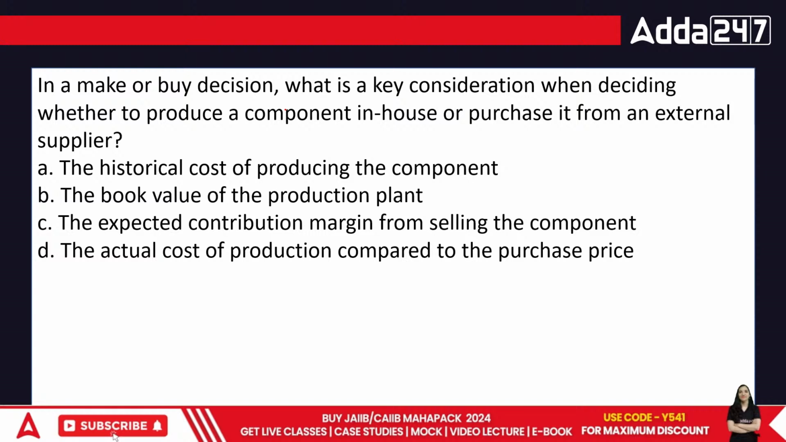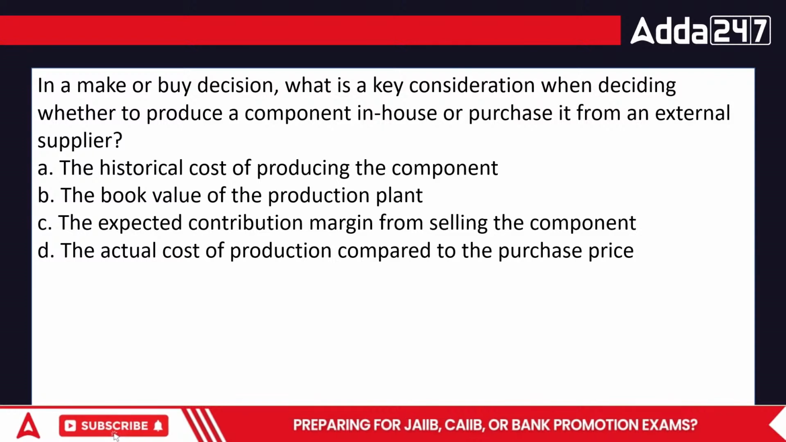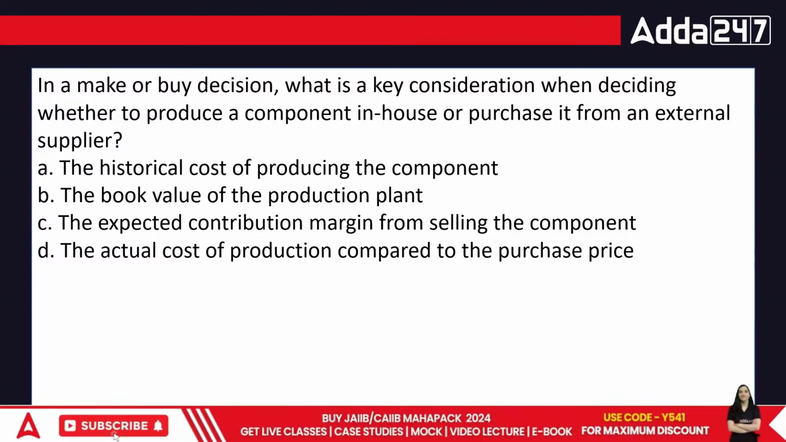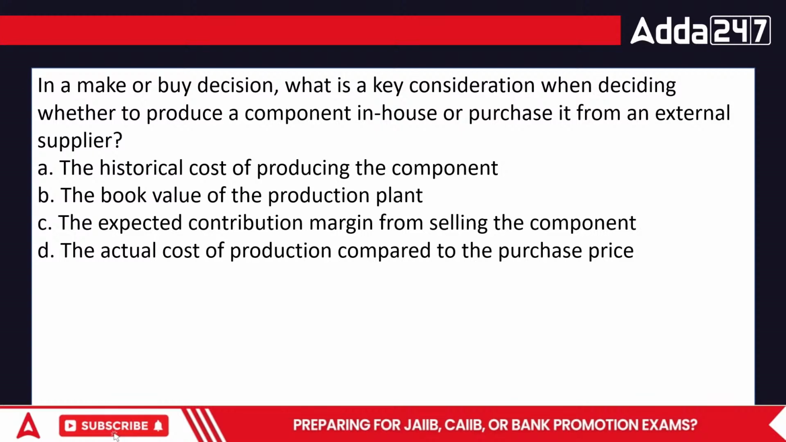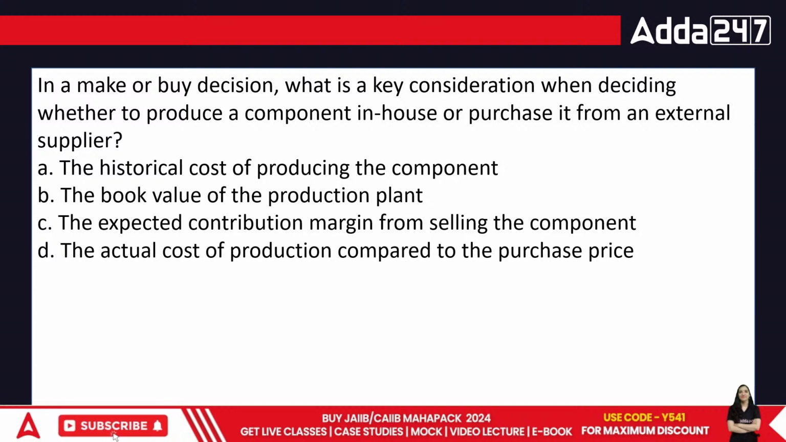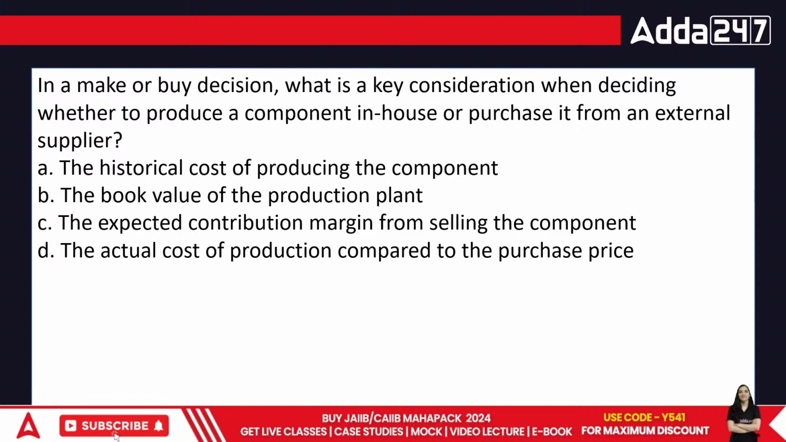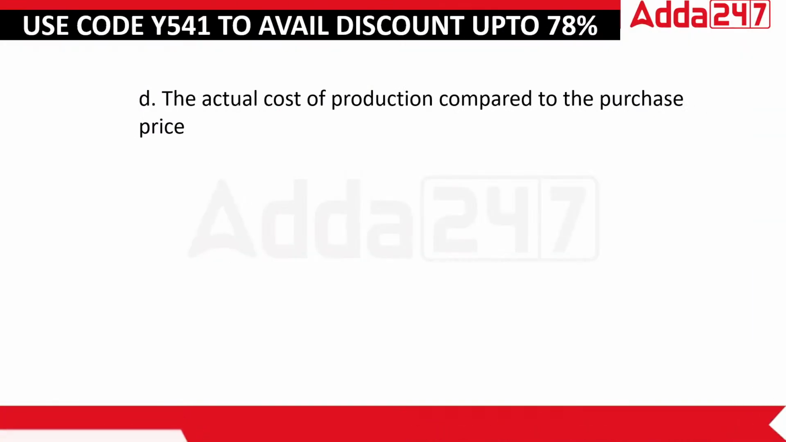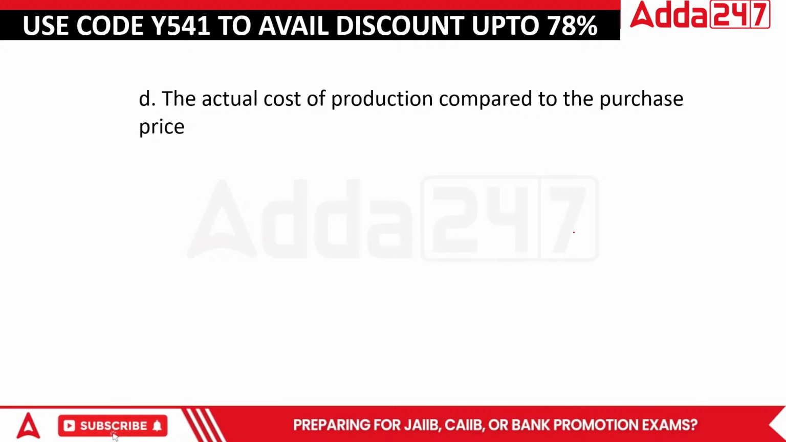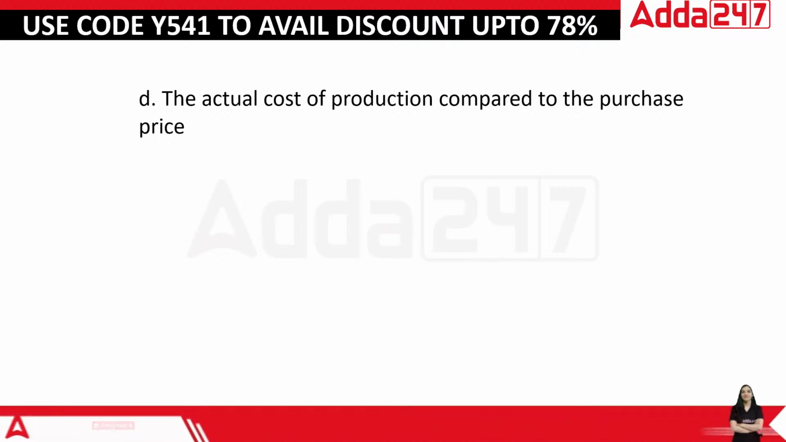So in this case, the correct answer would come out to be the historical cost of producing the component, or the book value, or the expected contribution margin from selling the component, or the actual cost of production compared to the purchase price. The correct answer in this case would be the actual cost of production compared to the purchase price. Because in this case, the correct answer should be the actual cost of production. Because always remember, we are